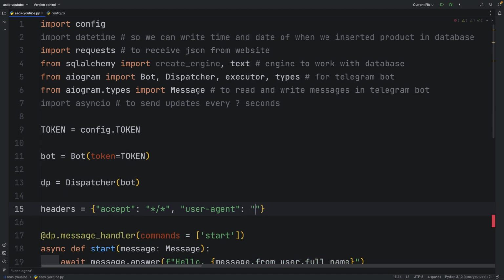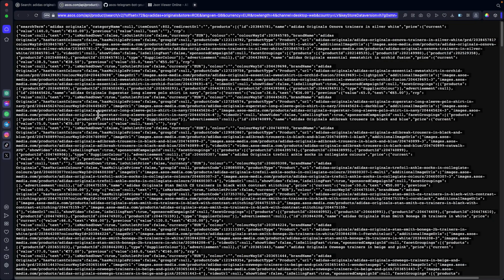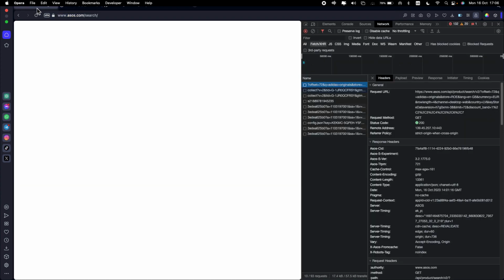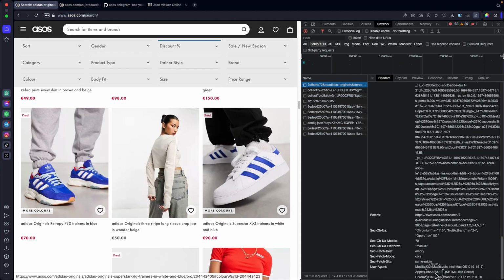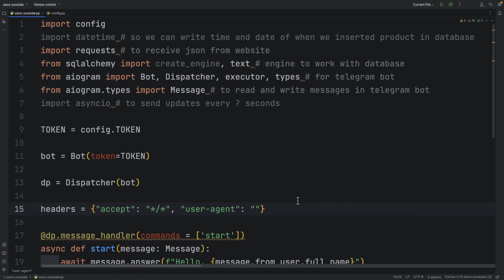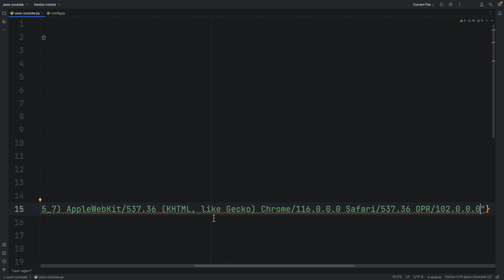So I'm going to open my developer tools, find the value of my user agent, copy it, and paste it into my code.